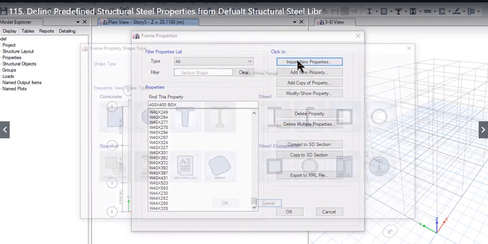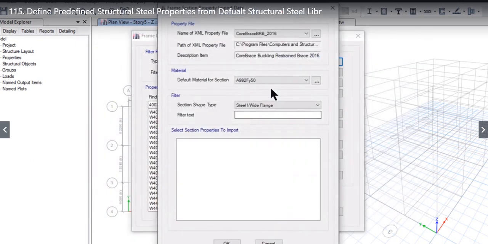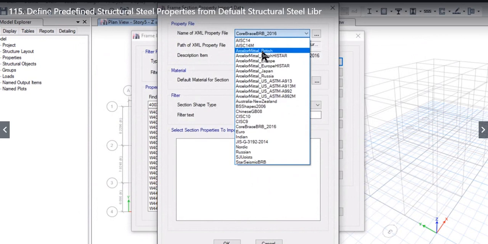So we have learned how to define import new properties for various predefined structural steel section